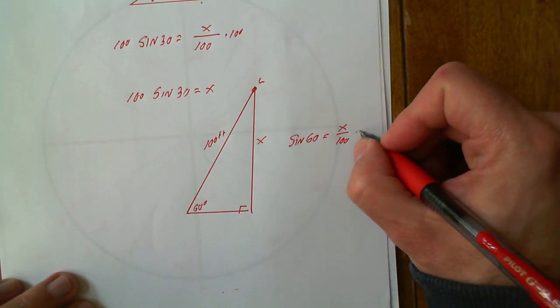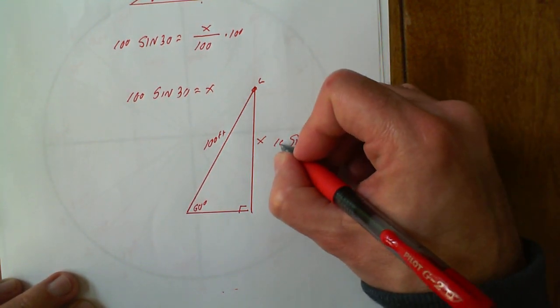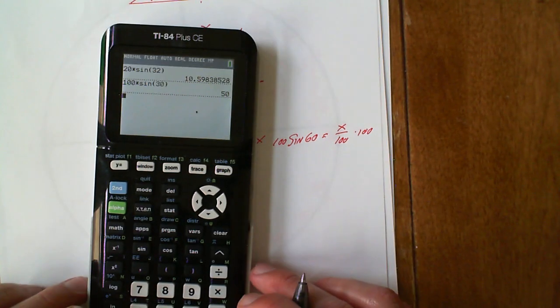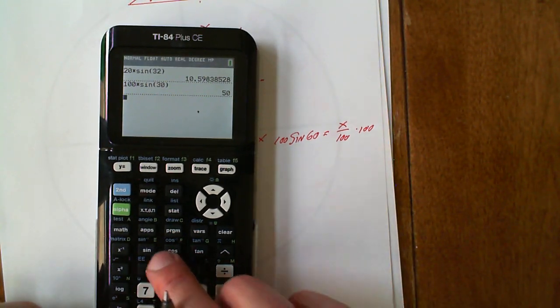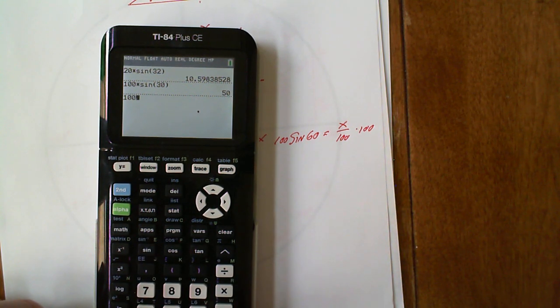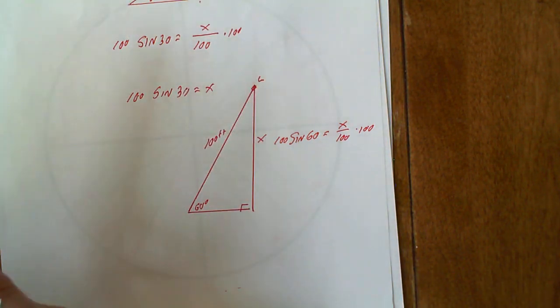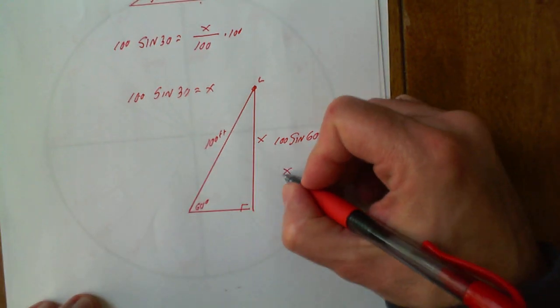Okay, I multiply both sides by 100, and I calculate sine 60 times 100. That's 86.6, so x equals